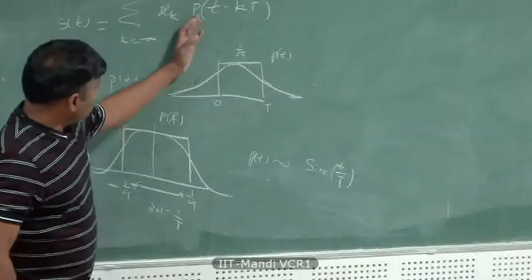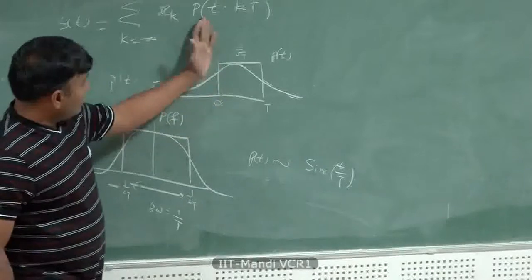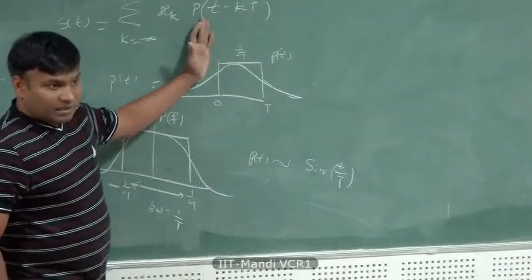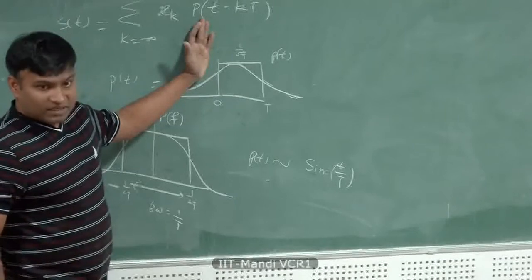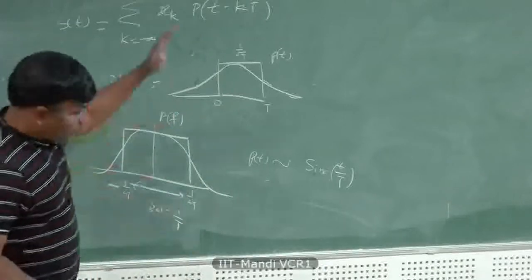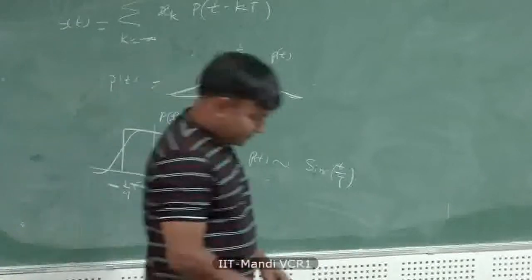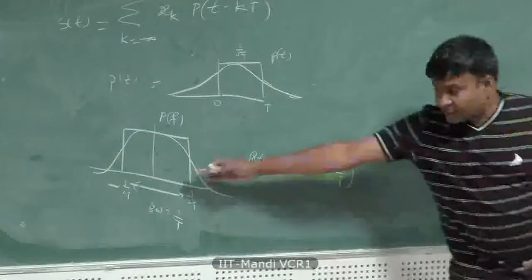The pulse p(t) can take many forms. One is rectangular, and p can be like half a sinusoid or something like that. That gives you what is called minimum shift keying. So there are a lot of different pulses that you can talk about, and each pulse has a different bandwidth characteristic.